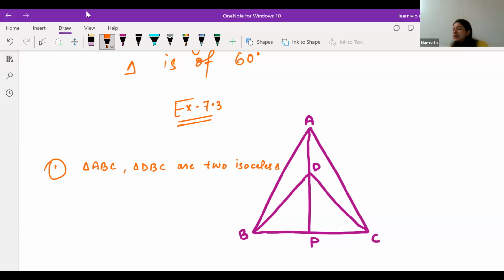If AD is extended to intersect BC at P, show that... we have to prove that